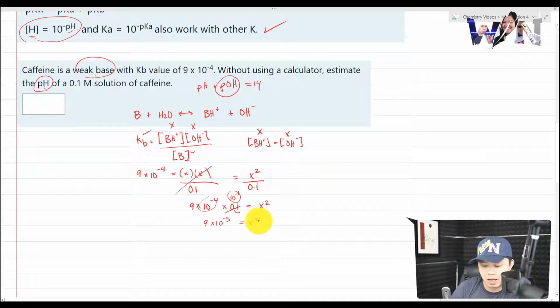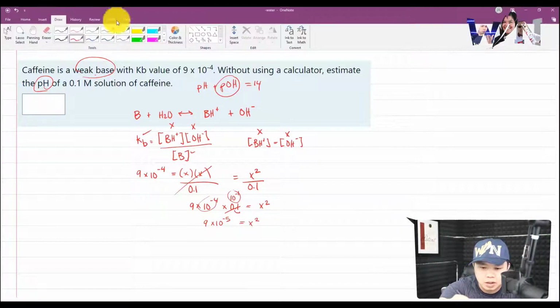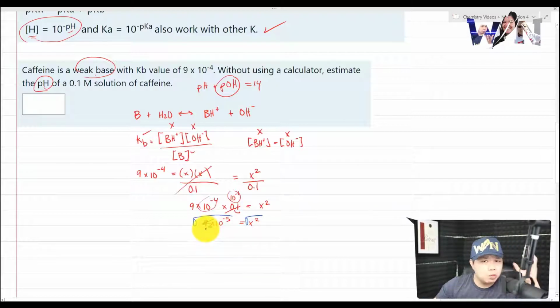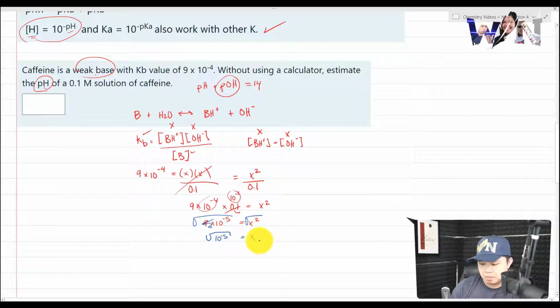That right there. So how do we turn X squared into X? Well, I'm going to change to a different color first. What we have here is we can take the square root of both sides. So we can ignore the 9, because again, we are doing this estimation. So we can do this in terms of 10 to the negative 5 equal to X. Well, how does that really work? Well, the square root is equal to a number to the 1/2 power right there.